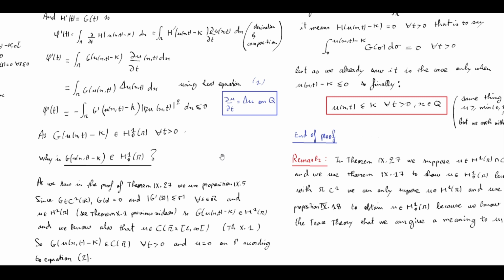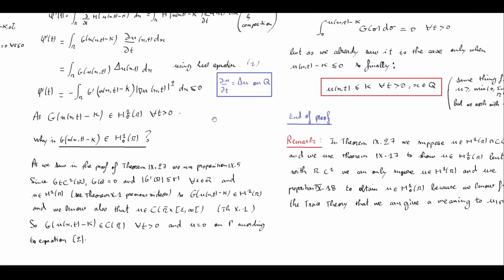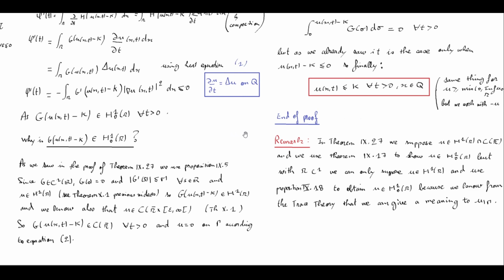As we saw in the proof of theorem 9.27, we use proposition 9.5. Since g is C^1 of R, g(0) equals 0, and the derivative is bounded for all s in R, and u is in H^1 of omega, see theorem 10.1 from previous videos. So g(u(x,t) - k) is in H^1 of omega. And we know also that u is continuous on omega bar times (0, infinity), thanks to theorem 10.1. So g(u(x,t) - k) is also continuous on omega bar,